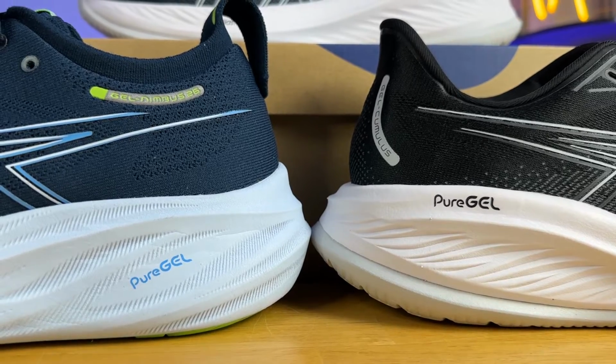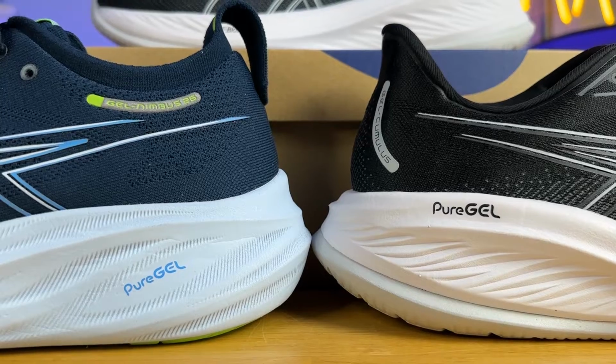Now, if you like the Cumulus but need a little bit more cushion, or if you just like a lot of cushion for the pushing, as they say, that is where the Nimbus comes in, as it has a thicker midsole and is really geared towards those longer and slower runs. And if you're someone who needs some stability but likes the Cumulus, that is where the GT2000 comes in, as it's the stability version of the Cumulus 26. And then if you like the Nimbus but again need some more guidance or stability, they can go to the ASICS GEL-Cumulus. So I hope that explains it, kind of gives you a general idea of the ASICS premium